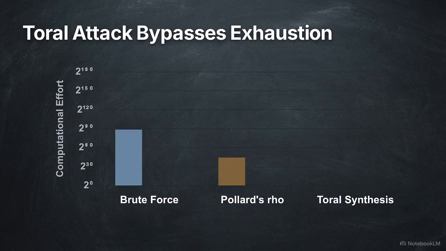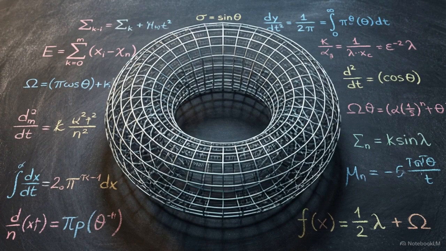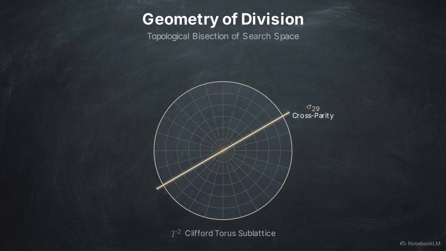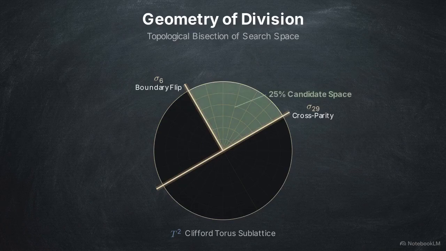At this scale, the attack bypasses standard cryptographic exhaustion. It operates below the threshold where statistical methods like Pollard's rho become computationally viable. This efficiency is possible because the secp256k1 multiplicative group is mapped onto an 8-dimensional E8 Clifford torus. The algorithm treats the search space as a problem of topological geometry, using Galois involutions to systematically divide and eliminate